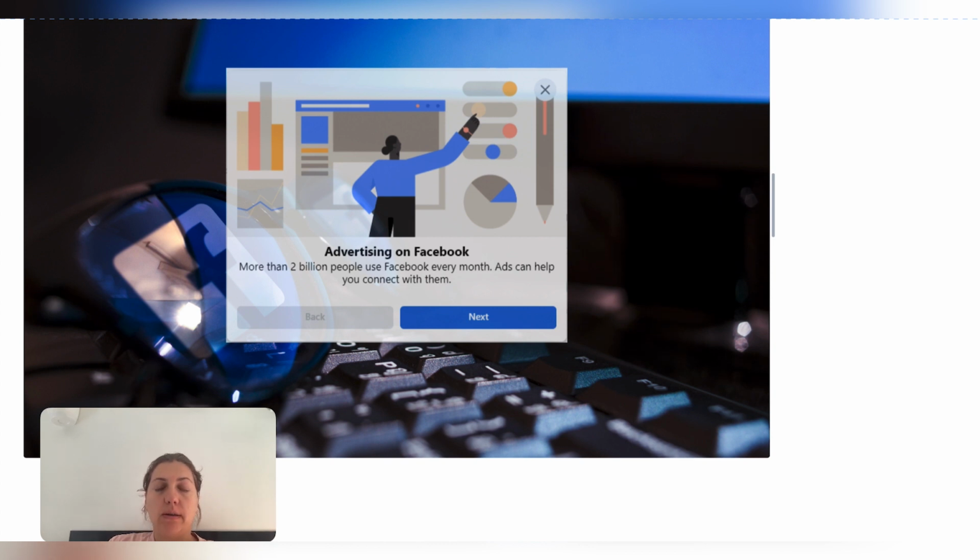Don't discard these metrics. They're very important. It is in some way an instrument for Facebook to motivate you to put more funds into it, but at the same time, it gives you at least an insight into how your ad compares to the competition, and do not disregard it.